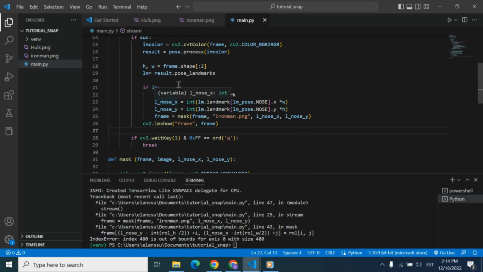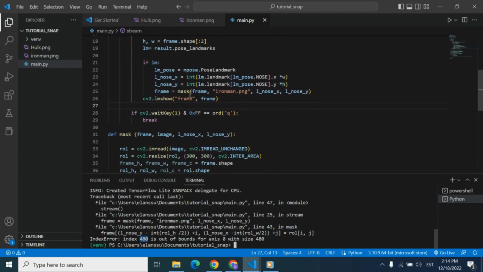If our nose is in the corner, and we subtract half of the width of the image, it will be minus. You understand me? It will be minus and it will crash because our image, let's assume it is 480 in here. If we go to the corner, we can't subtract half of the image and it will crash. That's why what we're gonna do,